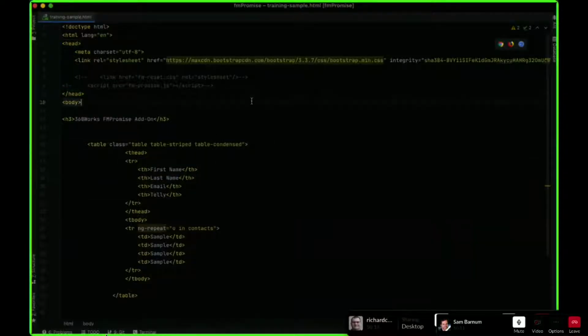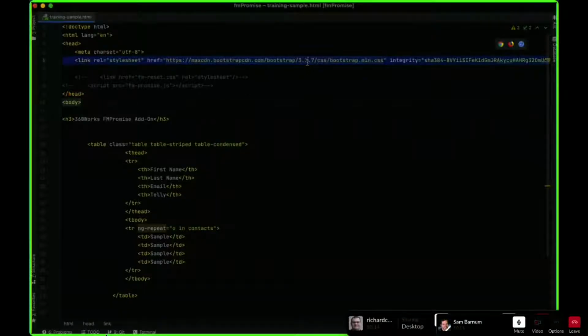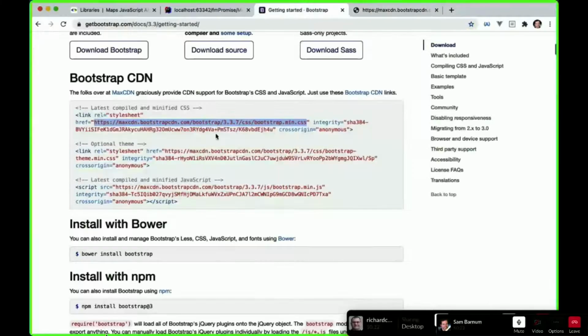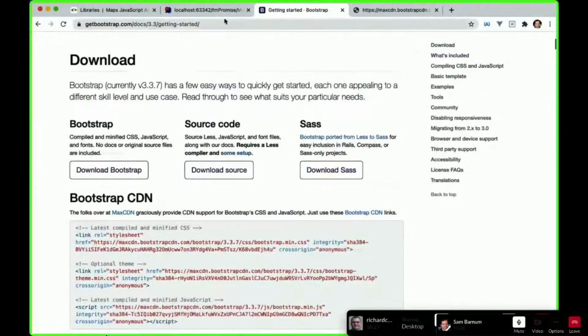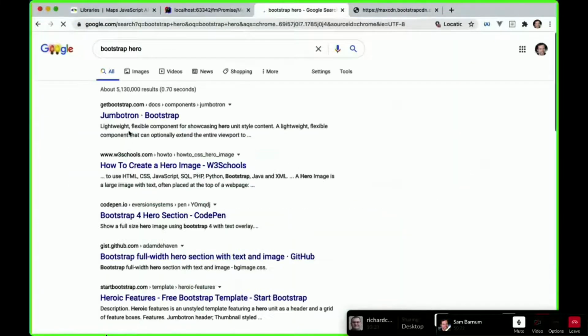And yeah, so this is totally static. There is no 360Works JavaScript in our thing. It's just Bootstrap with the fancy table. Okay. There's the hero component, Jumbotron.